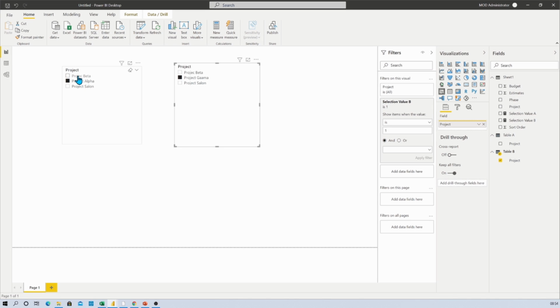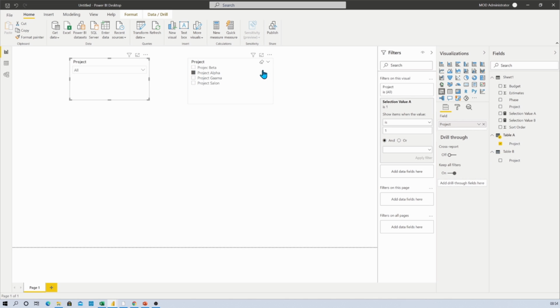So let's say if any project has been selected here, it will disappear from here, and if anyone is selected from here, it will disappear from here. So we successfully applied validation as well, so that it will make sense for the comparison. Alright, so we have completed this part.